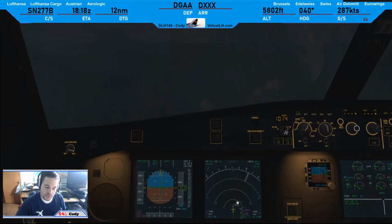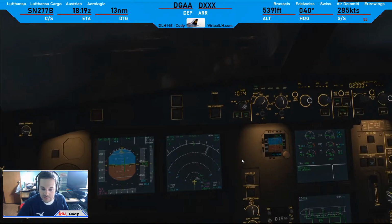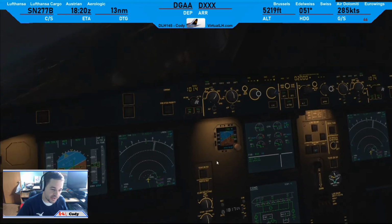Now, on my approach when I went into DKAA, or the Accra airport in Ghana, there was a hell of a slope on the runway coming up that I didn't see till the very last second. What's funny is that I actually ended up with a +8 because I was starting my flare and then it ran into the ground, so the airplane was actually going up as I ran into the ground, which is really cool. I think this one's supposed to be flat, so